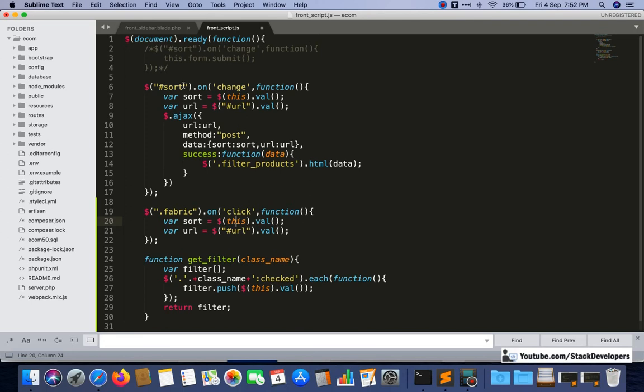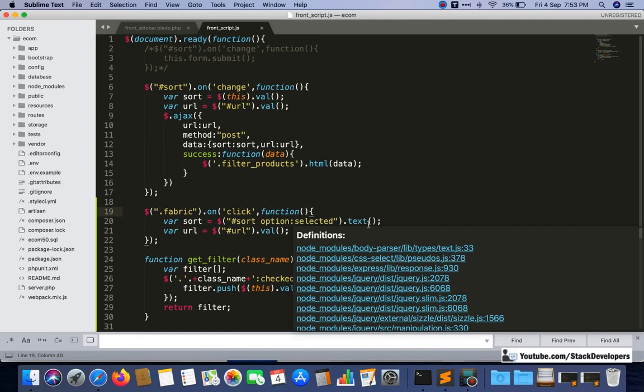This sort we are going to pick similar to URL, but from the select option. Here is the syntax, option, and the selected option we want to pick. So we will write option selected, whichever option is selected we are going to pick, and instead of value I am going to pick the text. This one is sort, this one is URL.